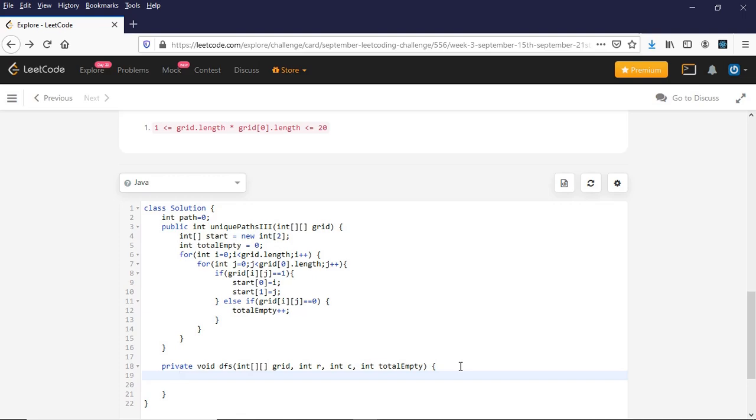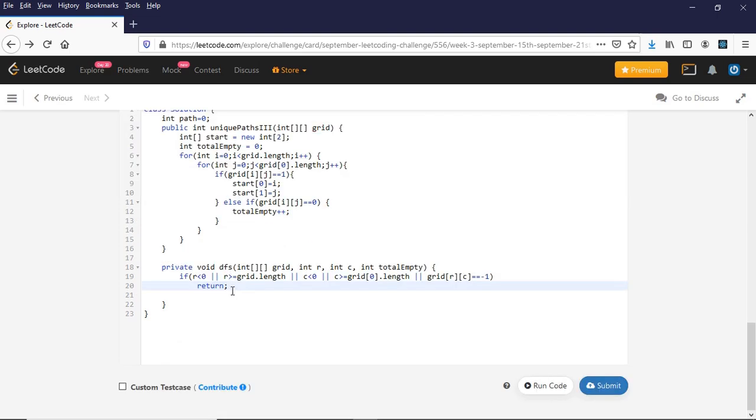So while going over the grid in a DFS fashion, I need to check for my boundary conditions that I should not go beyond the grid. So that will be one of my criteria as a base condition. So as a base condition I have added the criteria if my row is less than 0 or my row goes beyond the grid length. Similarly column is less than 0 or column goes beyond the grid column length. And also if the cell is the obstacle cell, in that case I need to return back, right? I cannot go over from there, right? So that is my base condition here.